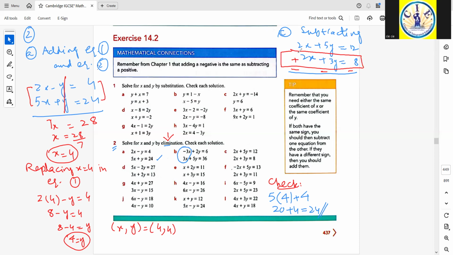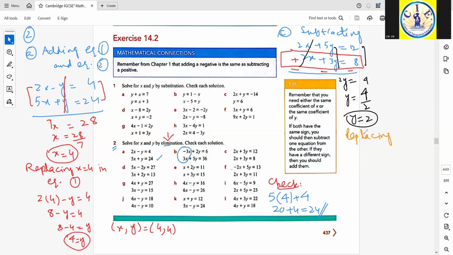Positive 2x gets cancelled out with negative 2x, and 5y minus 3y will give me 2y, and on the right side, it is 12 minus 8, that is 4. So the value of y is 4 divided by 2, which is 2. Once we have got the value of one of the variables, now we can replace this value in either of the two equations,